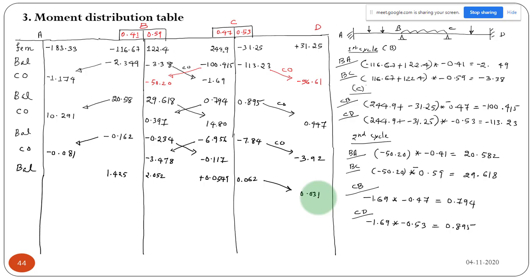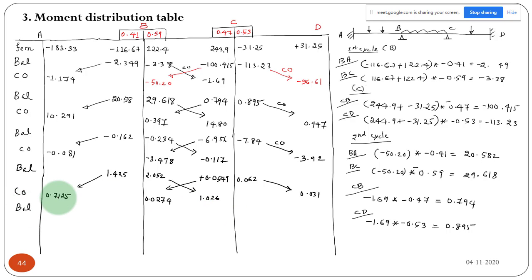Okay, 0.031 will be carryover, and this half will be coming to here, this half will be coming to here. So 2.052 by 2 you will get 1.026. So this will be a very small value, 0.0274. Okay, and this half will go to the next step. This is the carryover value. 1.4 by 2, this is 0.7125. Okay, so here if you see this joint, again some additional moment 1.02, that is the unbalanced moment. So again go for the next cycle.